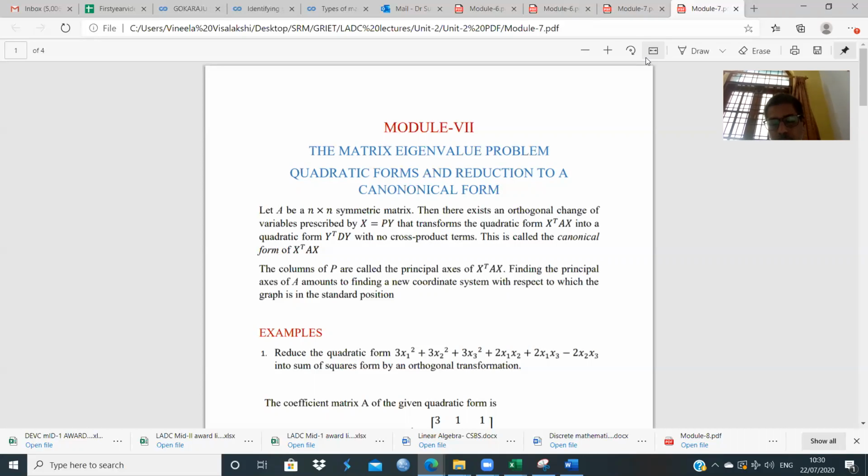position. For example, we may be given a quadratic form x transpose Ax, which may represent an ellipse, but not in the standard position. So it may have a major and a minor axis in directions which are not parallel to the x-axis or y-axis. By using a suitable rotation matrix P, we can bring that ellipse to the standard location. So the idea behind canonical form is to express a quadratic form having cross product terms as another quadratic form without the cross product terms. This is the essence of today's discussion.